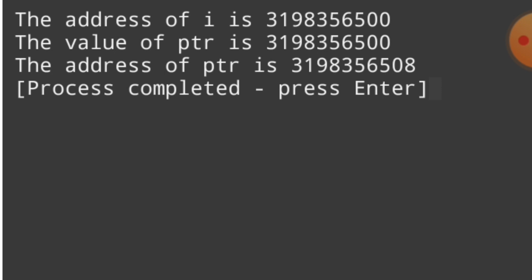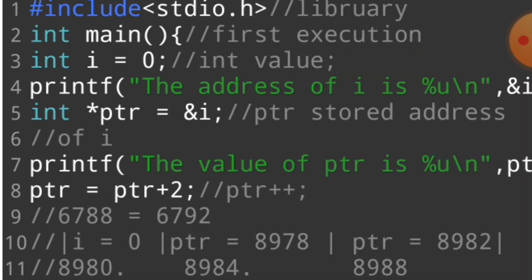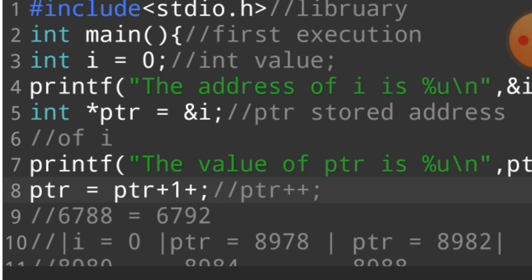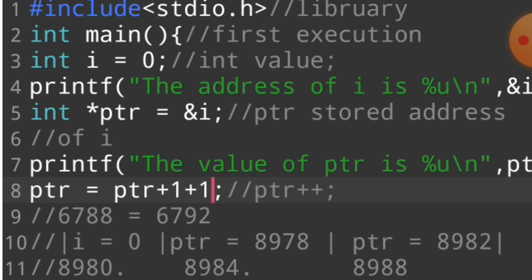And then if we also print 1 more time, another 4 bytes are also added, so 500 plus 8 is equal to 508, which is printed. I tell you this pointer is similar to pointer plus 1 plus 1. When you go to the practice set and we solve most of the questions in the practice set, you are capable of learning a lot of problems with ptr. The topic of ptr is so important and so hard. I say you should watch this video again and again.